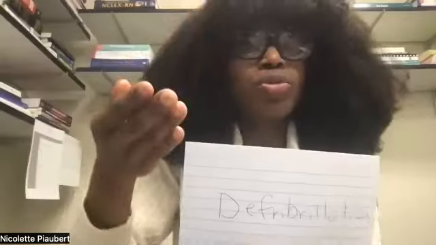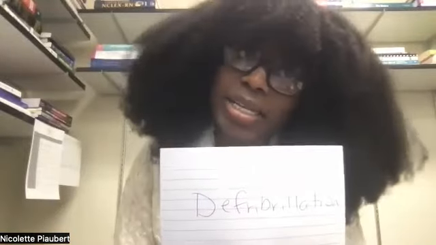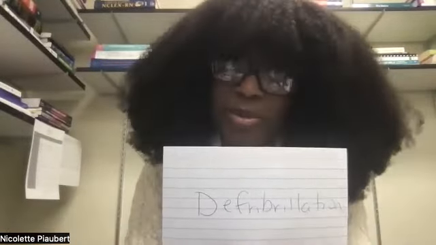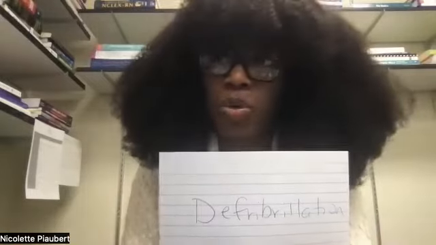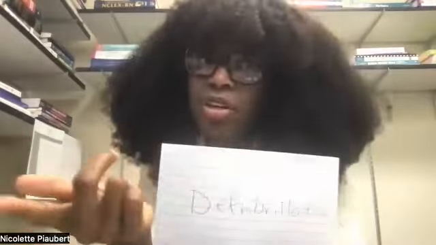We have to restore the normal rhythm because they can't remain in that. It's not sustainable, right? VTAC is not sustainable. VFib is not sustainable. Whether it's fine or coarse, they can't survive. So we have to restart it. Okay, definitely. And you use a shock. Yep. Good job, guys.